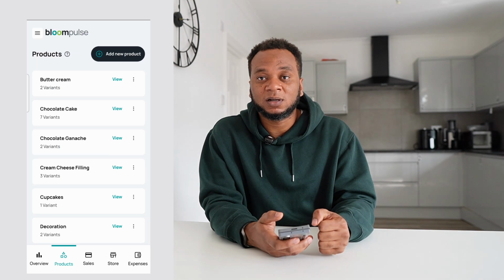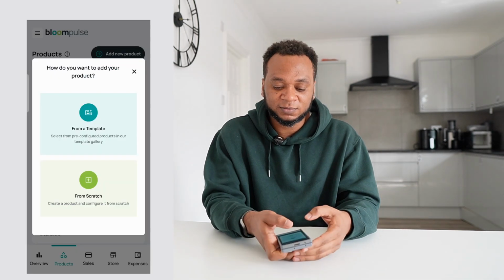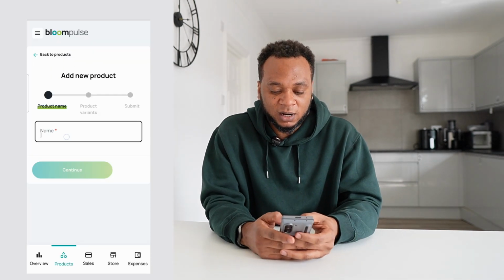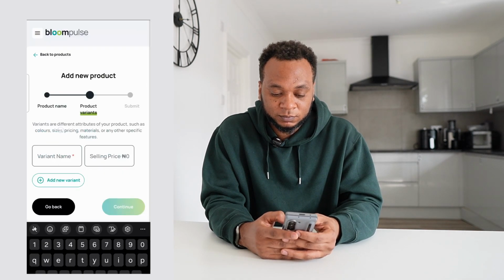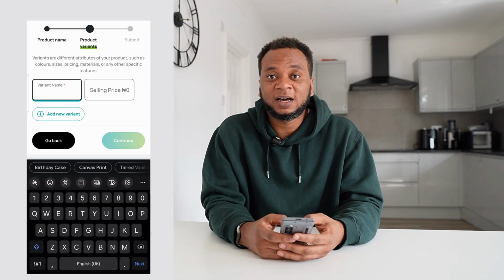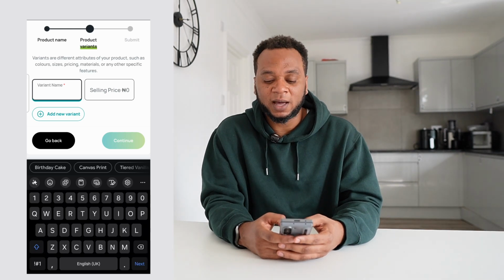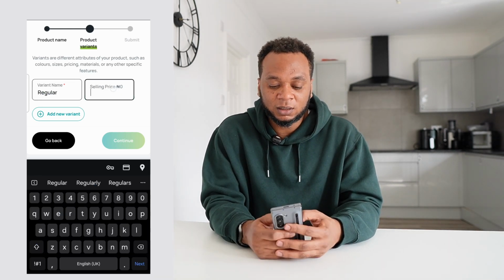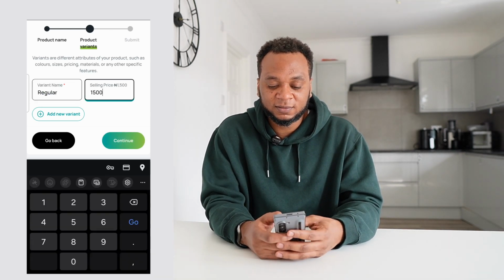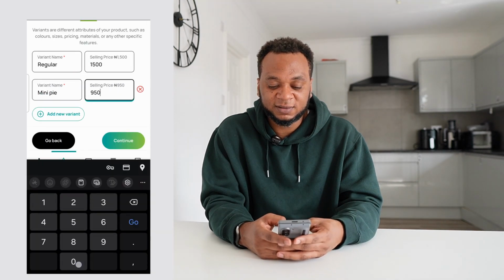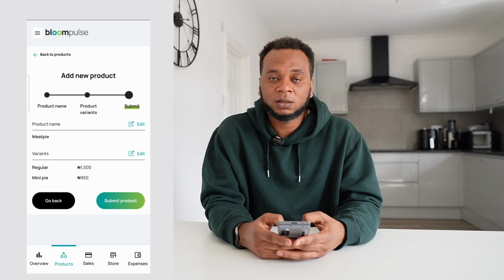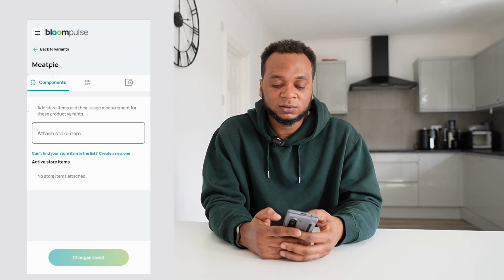And the next step is to create the actual meat pie. And so if we say create product from scratch, call it meat pie, continue. So now let's say we have two sizes of meat pie. We have the regular size that we sell for 1.5, and we have the mini that we sell for 9.50. And submit. And so if we go to configure,